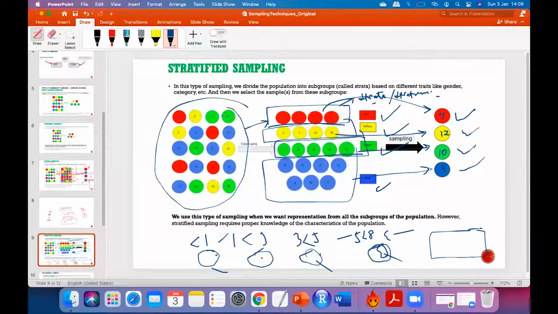The first difference: there the subgroups are based on gender or category. Like here, no, it is color, not gender. You don't have to specify something. You don't know the data, whether that data is of people or objects or anything. Don't specify anything about your data. You just say that it is based on the features.